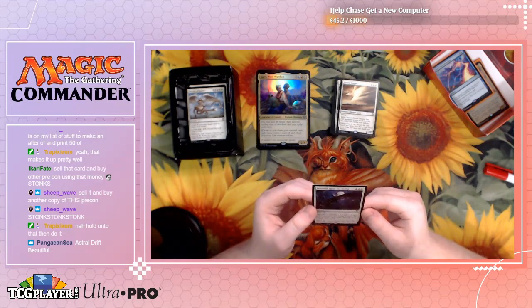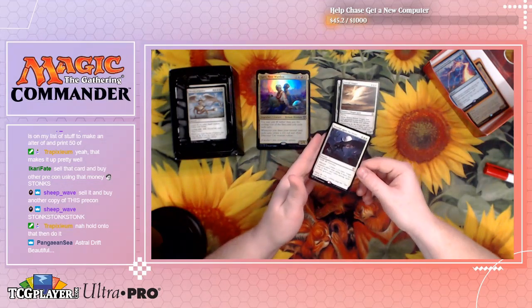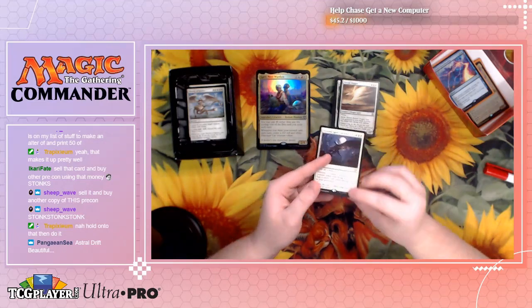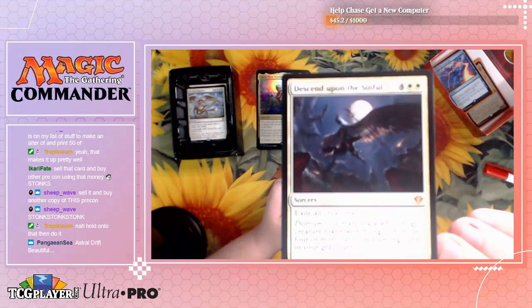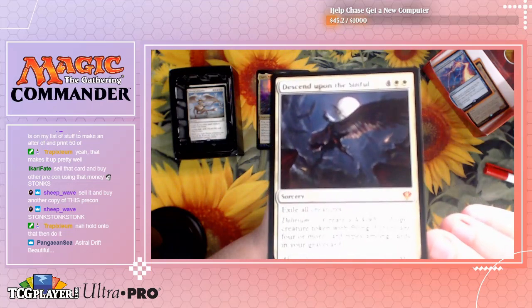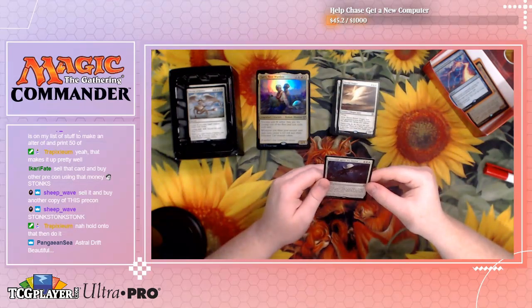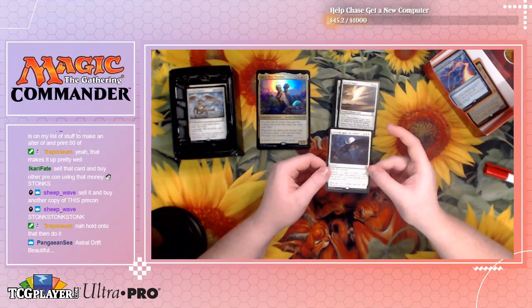I have only one issue here. It is so dark, you can't see the art. I really wish my camera liked me better. I wish you could see it better, but the blur on it. Unfortunately, you just cannot see her face. You just see wings. You can barely see anything in that art, which makes me very sad, but I do